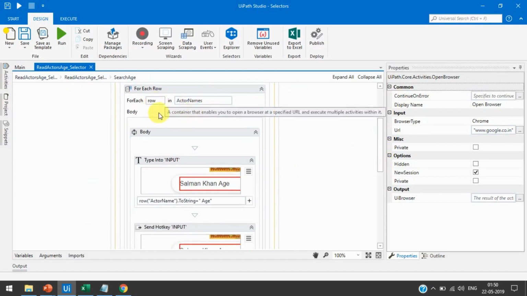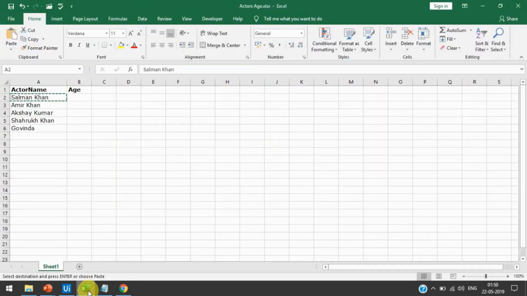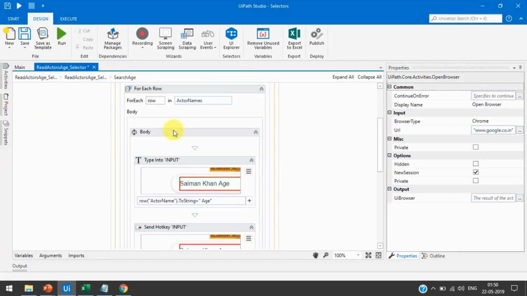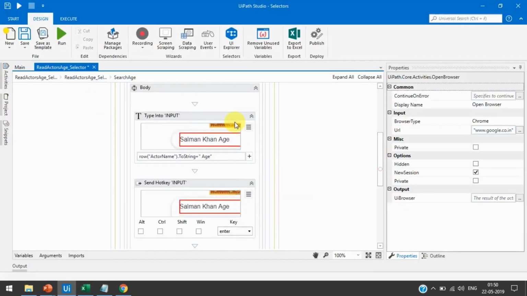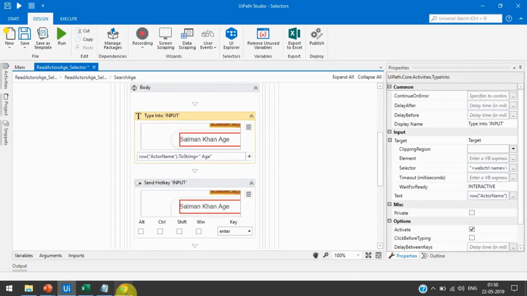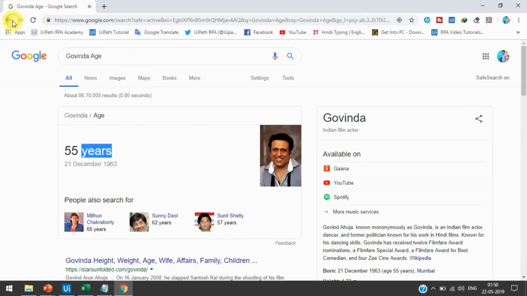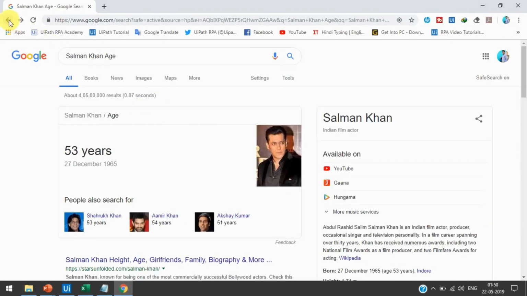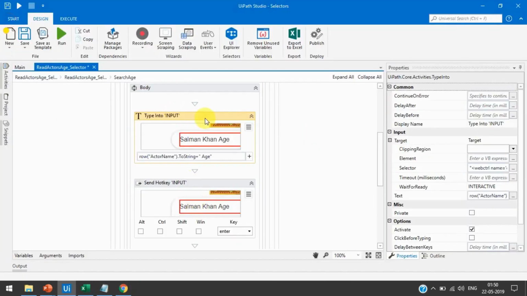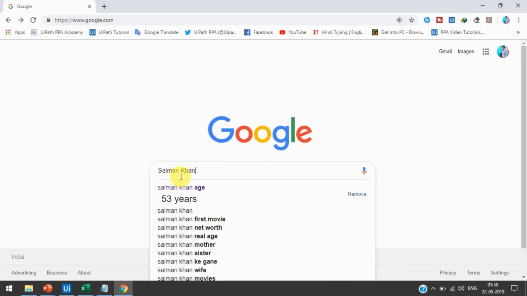So by using that I have fetched the actor names one by one, and then I am typing here after opening Google. I have typed here the actor name plus age, so that will show like Salman Khan and then space age.